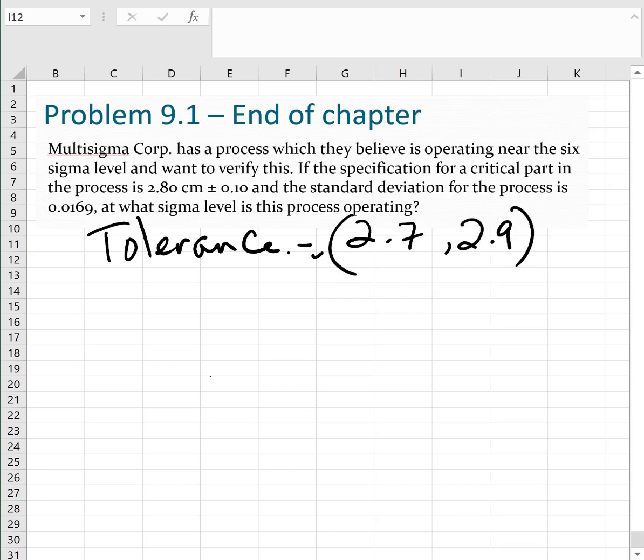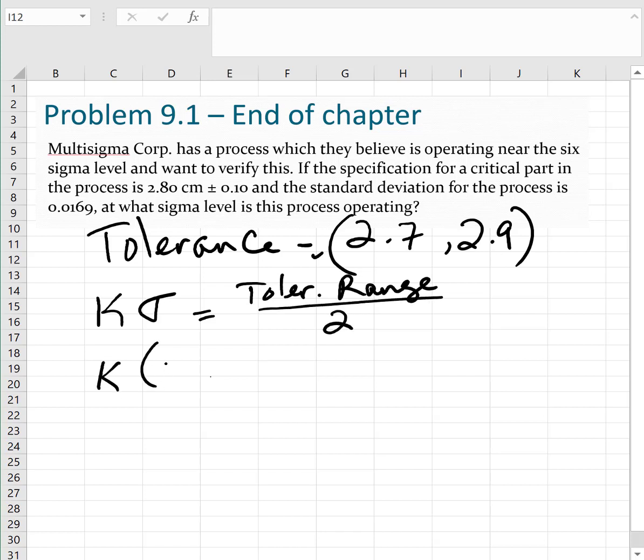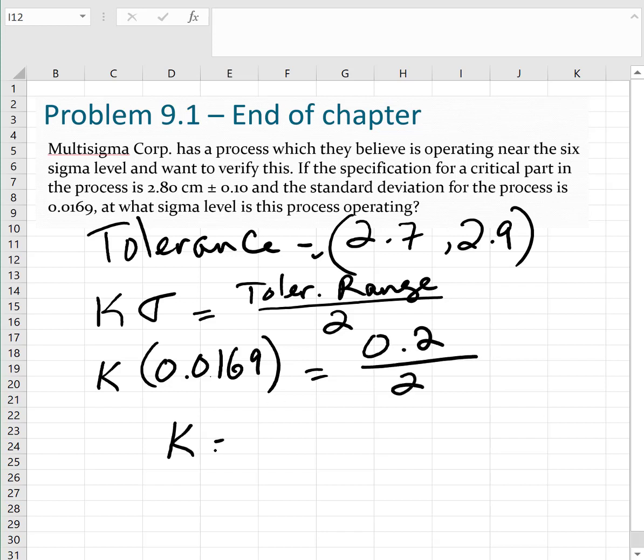So using equation 9.1 in the book, we know that K times sigma is equal to the tolerance range divided by 2. So in this case, solving for K, and we know 0.0169 is the standard deviation, and our tolerance is 0.2 divided by 2. K will be 5.92. Now we can use that information to compute